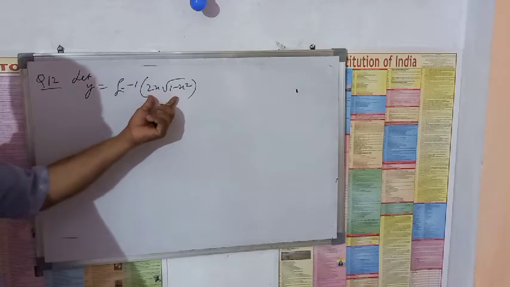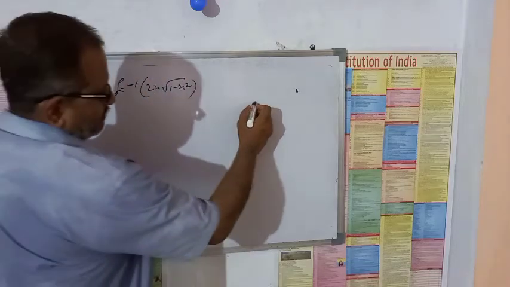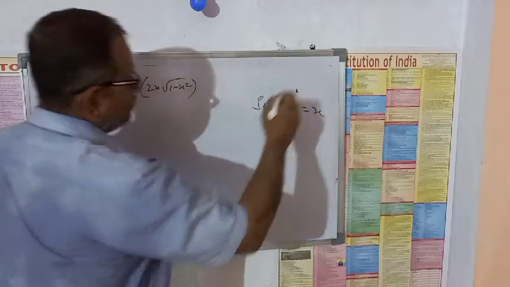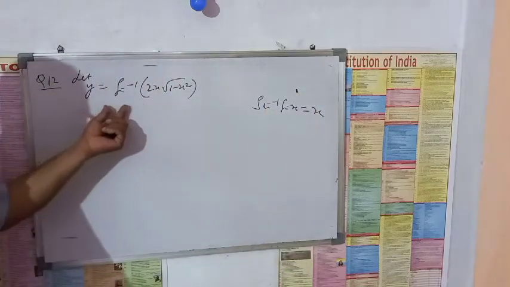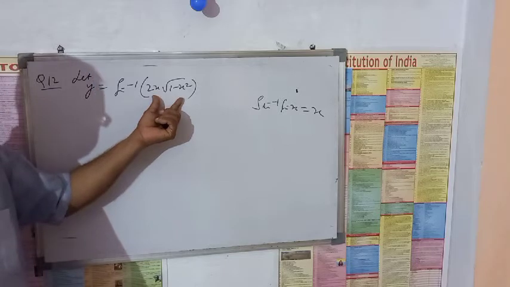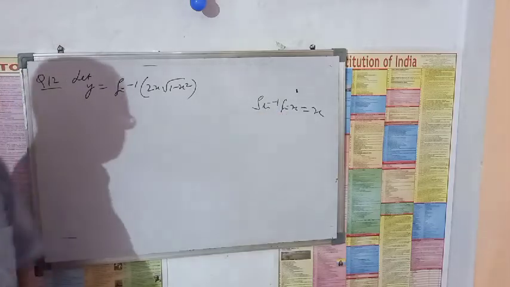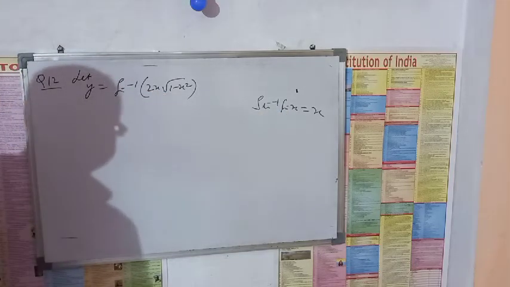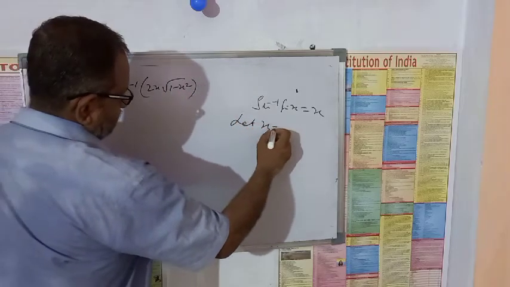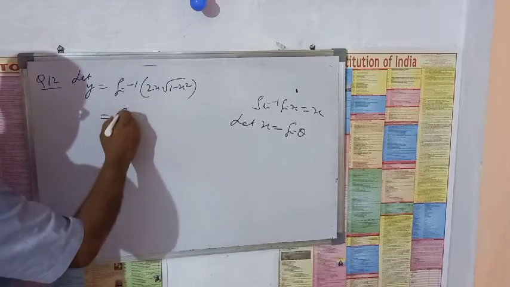We have to change it by substitution in terms of sine, so that we can apply this property sine inverse sine x is equal to x. So here, with sine inverse, we have to change this bracket using some substitution to change it into sine. So what is the substitution here? We will suppose let x is equal to sine theta. Put here x is equal to sine theta.